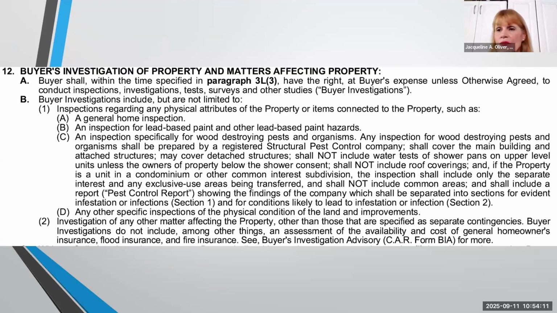But sometimes I've seen it where there's no termites, there's no wood damage. And it's not just termites, it's also wood damage, like worn out wood, water damaged wood, etc. So this does not include the water test of the shower pans, upper level units, etc. But this is telling you, hey, buyer, you need to inspect this. Now remember, go back to paragraph 10 where it said allocation of costs. That's where you can ask that the seller pay for the termite. You don't have to, it's a negotiable item. The seller could say, no, I don't want to do that.